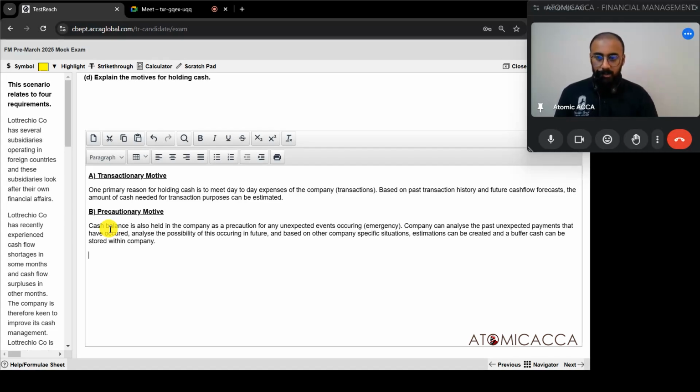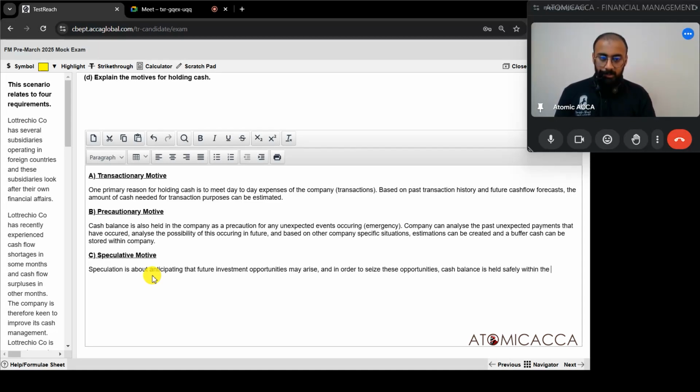Okay, so that is over. Then finally about speculative motive. What is speculative motive? Trying to seize opportunities, whatever investments and all are going to come up. Speculation is about anticipating that future investment opportunities may arise, and in order to seize these opportunities, cash balance is held